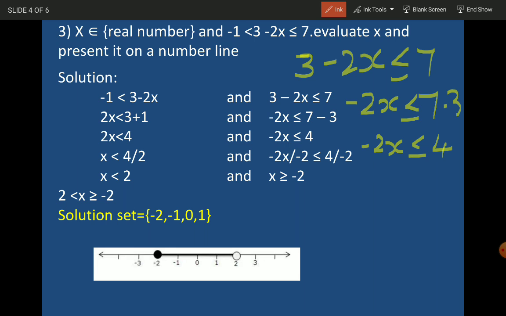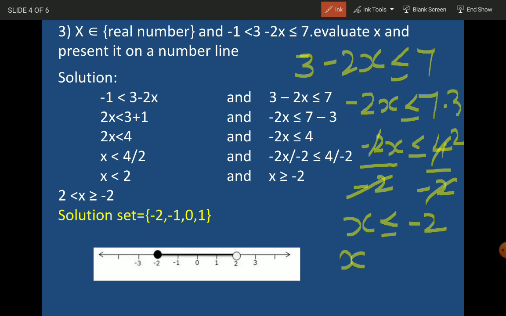So here is one rule we have to follow, that means rule 4. We have to divide by the same number, minus 2, on both sides. So minus 2 and minus 2 cancel, and 2 2s are 4. So the x value is x greater than or equal to minus 2. In this we have to change the symbol also. So x less than or equal to minus 2.